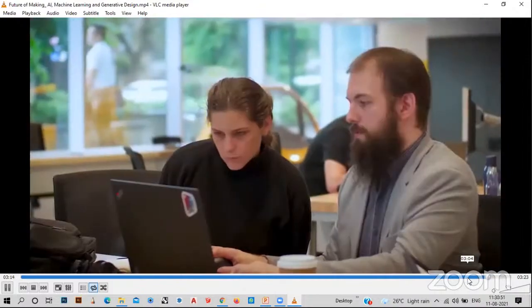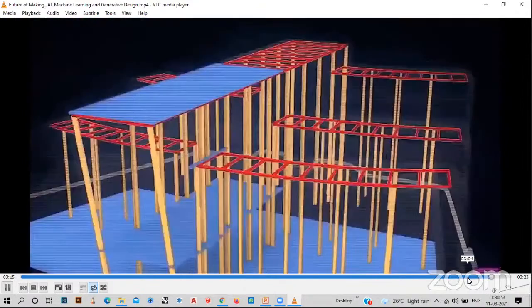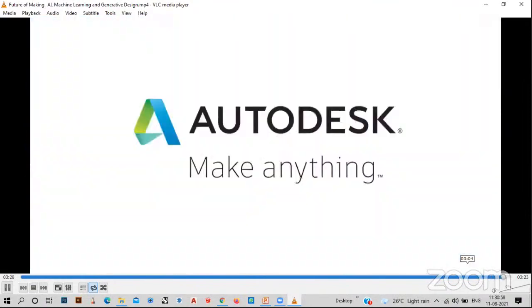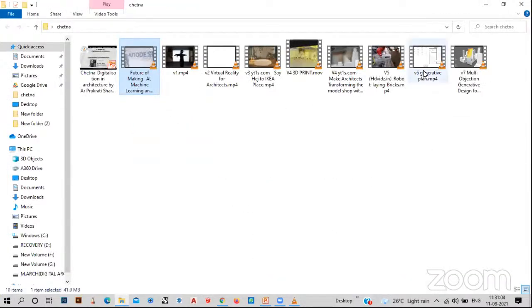This is all calculated by the machine. So Autodesk is working right now on these kinds of technologies.